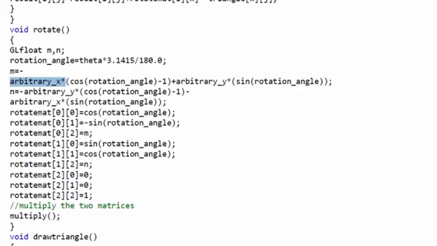So N will be minus of arbitrary Y. Arbitrary Y is nothing but the K that we have used, multiplied by cos theta. Theta is the angle of rotation, and minus 1, right?